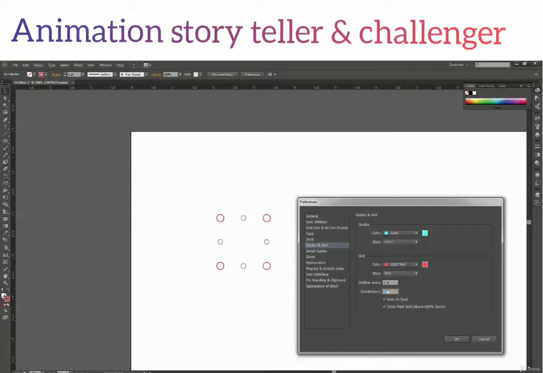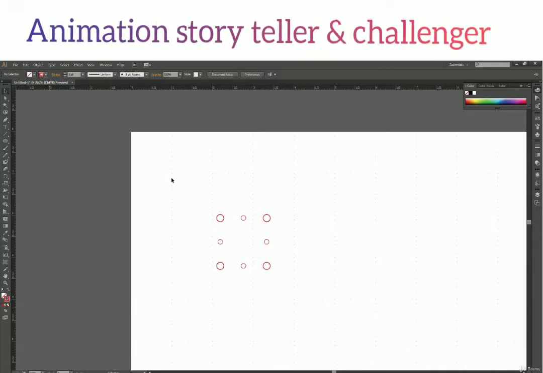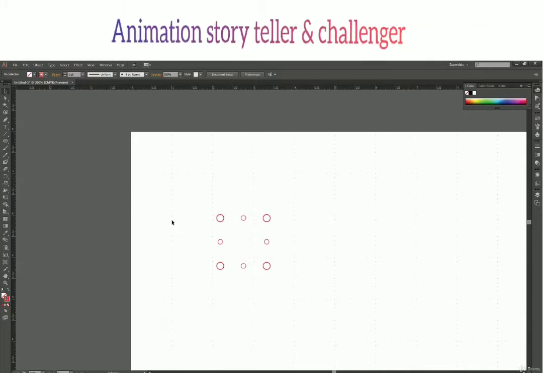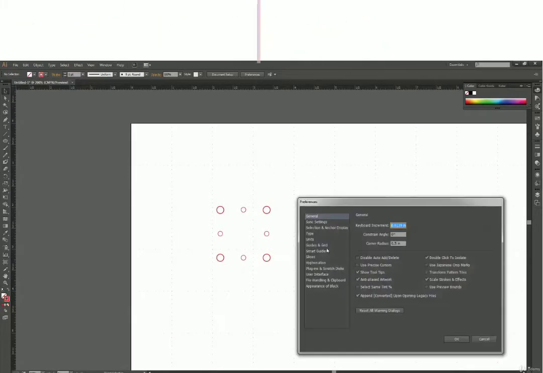So let us say instead of 2 we increase the number of subdivisions to 10 and press OK. Now you can see so many small dots over here, and then there is one slightly darker dot, and then again lighter dots, and again a darker dot, and again lighter dots. So this is how our grid works.